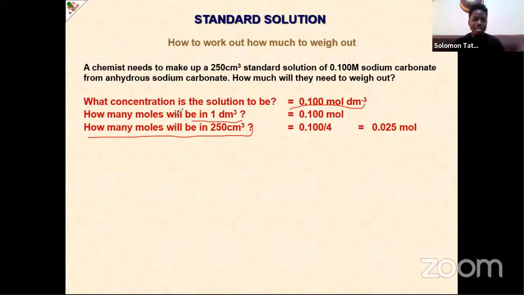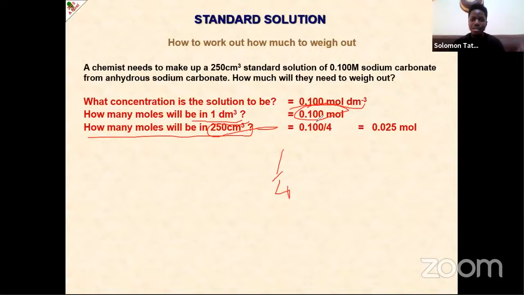So for example, in first principles, to find this, you'd have to say 1,000 cubic centimeters contain 0.1, okay? What about 250 cubic centimeters? In that case, you'll have 250 multiplied by 0.1 divided by 1,000, which gives you a quarter, or 1 out of 4,